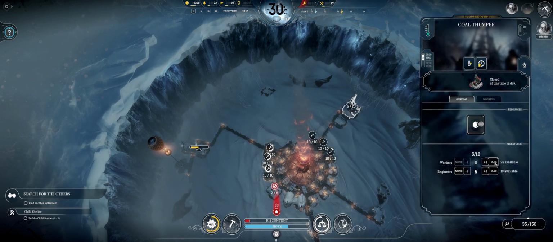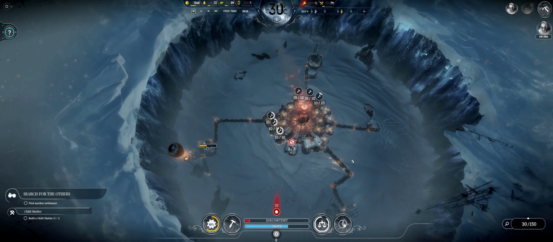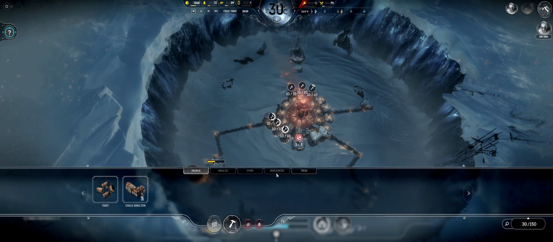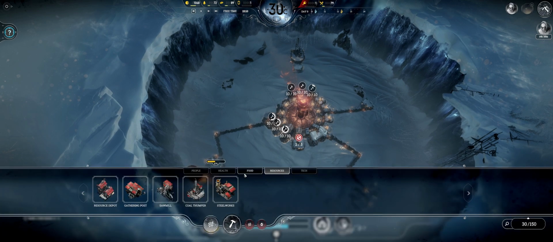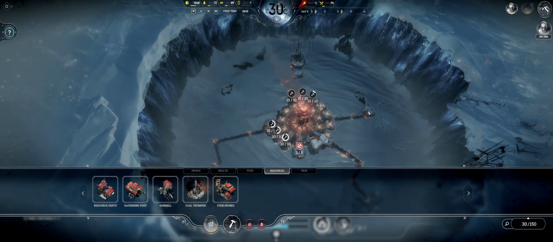Let's see what's there. So while we have so many extra people, I'm going to make sure that I'm stocked up and building stuff. So resources. We have a way for coal. We have a way for wood. Here, a sawmill. We do not have a steel